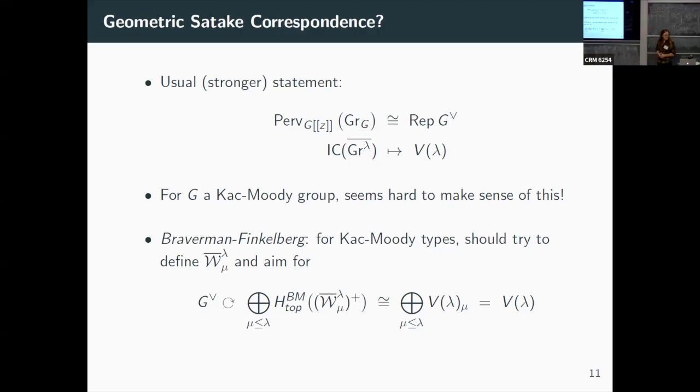Even in the case where G was affine Kac-Moody, you would still be doing something different. So Affine Grassmannian. Yeah, that's right. I mean, if G was affine Kac-Moody, you already have a loop, right? Now you're adding another loop by getting to the Affine Grassmannian. So this is what Braverman-Finkelberg called a double Affine Grassmannian. So even for affine Kac-Moody, this is already something quite complicated, and still, I would say, kind of poorly understood. But